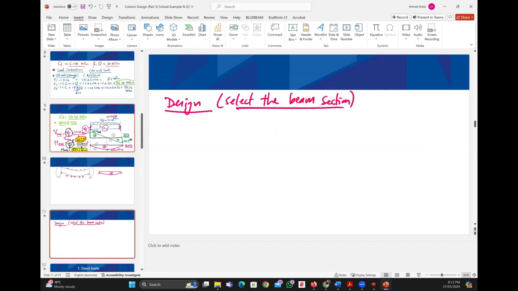Do you know how? What we have now for the beam is the maximum moment on the beam. How much is M maximum? 653.5 kilonewton meter. So using this moment, we need to go to the capacity